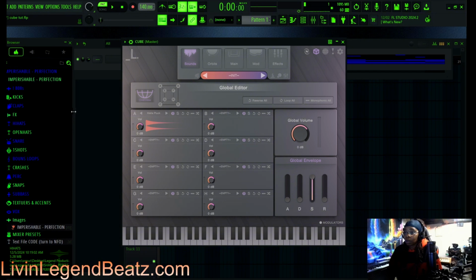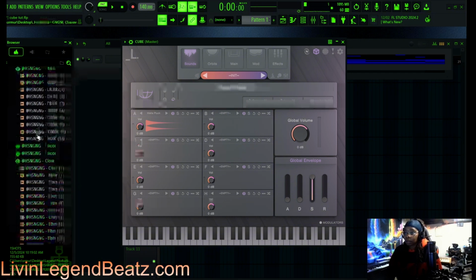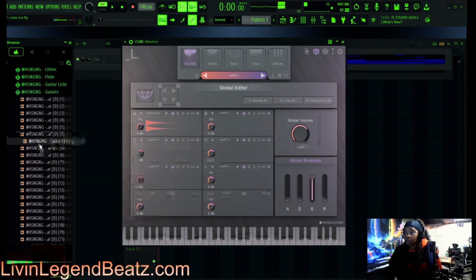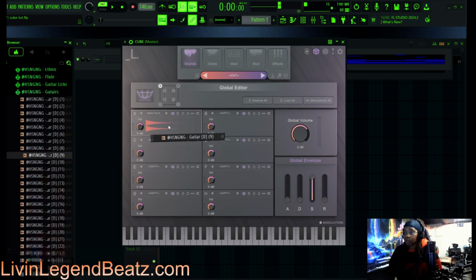But we're going to come over to my imperishable bank, one shots. And let's just go ahead and get a guitar. All right, we're going to get this guitar. I'm going to drag and drop that in here, and as you can see, the sample is loaded. It's loaded inside of bank A, and if we touch our keys,